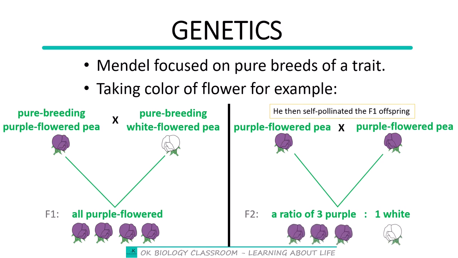So assuming 12 offspring were produced from it, Mendel realized that 9 of them had purple flowers and 3 of them had white flowers. Assuming they were 24, Mendel realized that 18 of them had purple flowers and 6 of them had white flowers. This drew Mendel's attention to something. So he had to experiment with other traits to see if he would make observations similar to what he had seen in the case of the color of flower. So now let us look at another trait that Mendel considered.